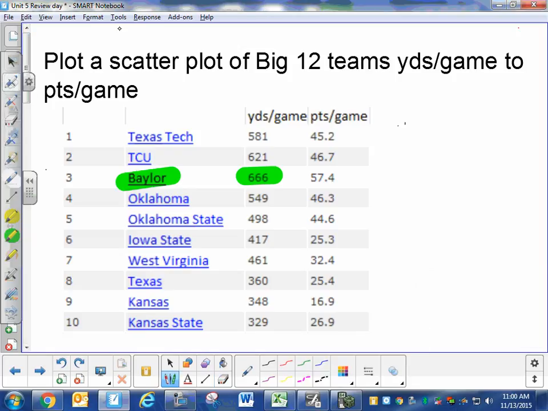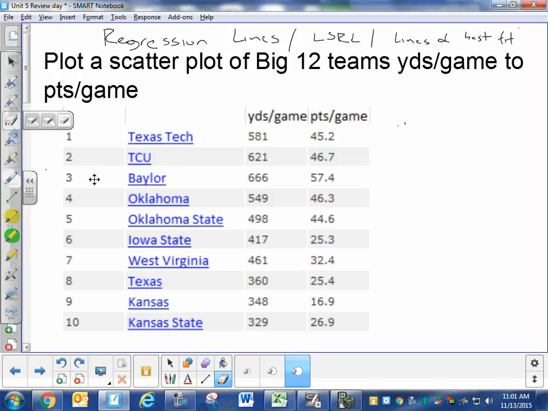So we're going to talk about regression lines or lines of best fit. Least squares regression line, LSRL, or lines of best fit. We're going to go ahead and put in all this information about the yards per game and the points per game for Big 12 schools. And then we are going to plot the scatter plot, and we are going to find correlation like we did before